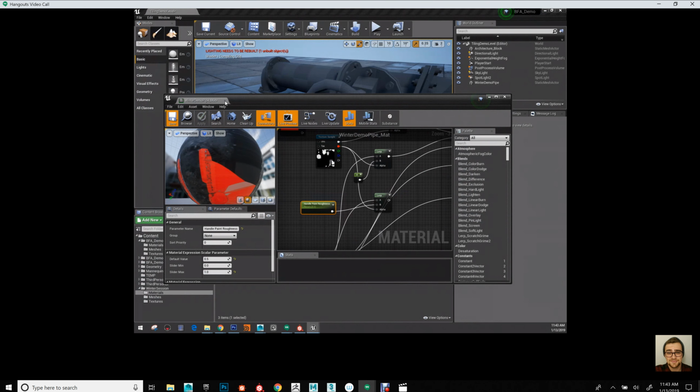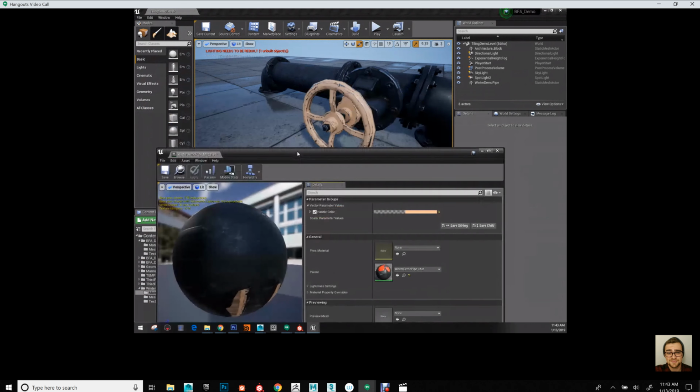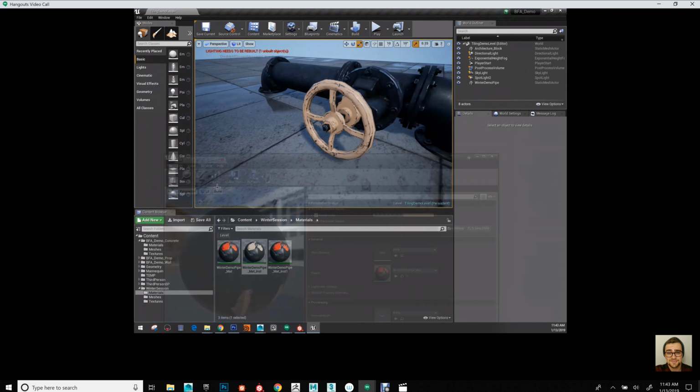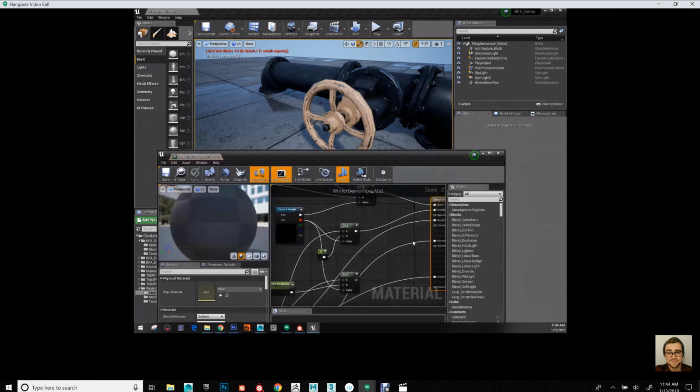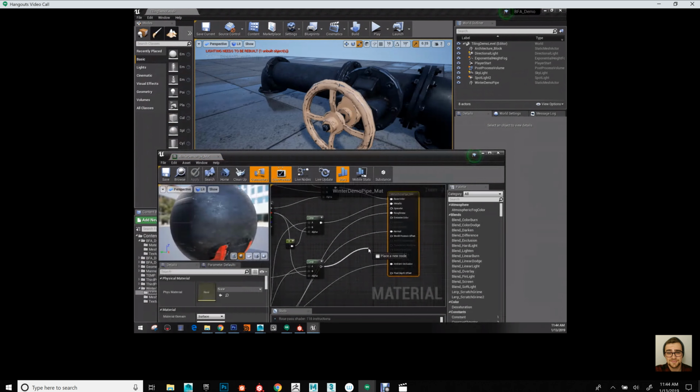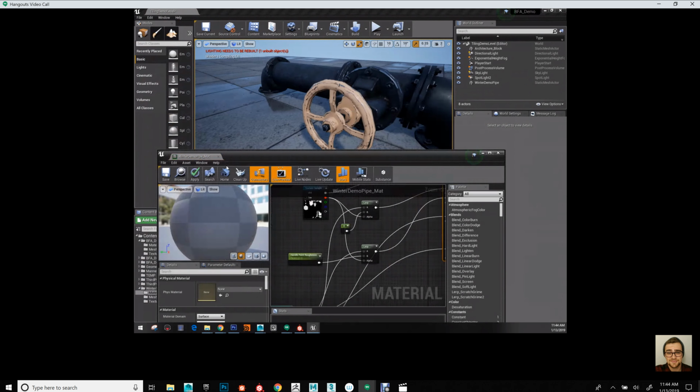and save. And now if I go back to this instance, it's not there. I've done something wrong. Let me go back and look here. Oh, I didn't plug it into the roughness, so I've got to take the output from here and plug that into roughness. And